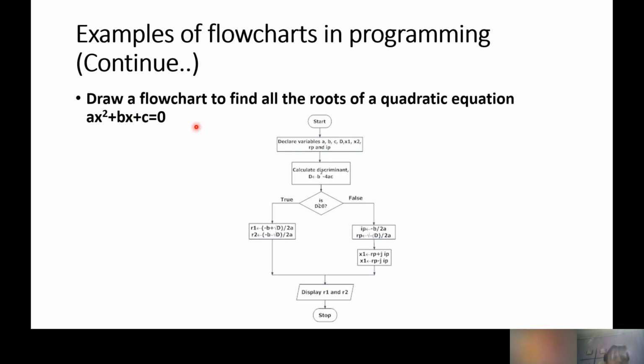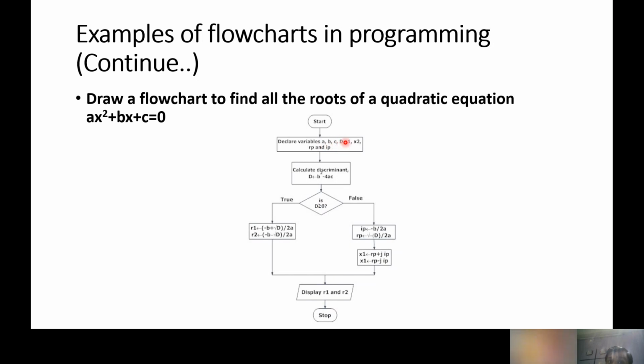Okay, so now first, how to scan this? For us, we have a question, because we are going to develop a code for that, whatever the language may be. In all of this case, we need to understand what should be the input for that. Then we can easily say that here the variables are a, b and c. That means suppose we get the value of a, b and c from the user, we are able to find out the roots value. So that is why we declare the variables a, b, c.